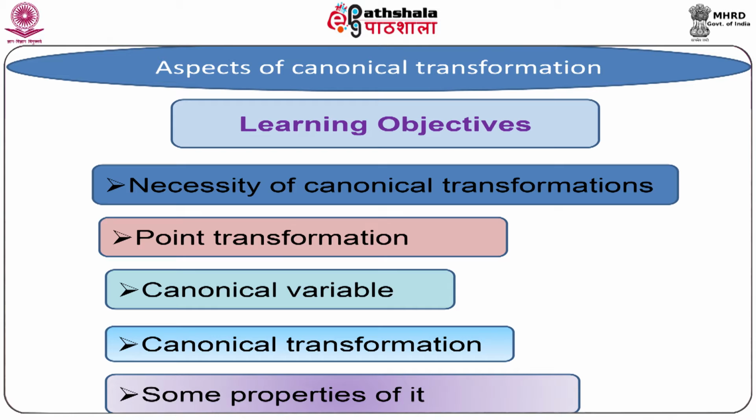Sometimes it is very useful to switch over from the original set of coordinates in which the problem is expressed to another different set of coordinates in which the problem can be expressed in a simpler form. For example, in Lagrangian mechanics, if we are allowed to change the coordinates from small q_i to q_i dash, where q_i dash is a function of small q and time t, i varying from 1 up to n,